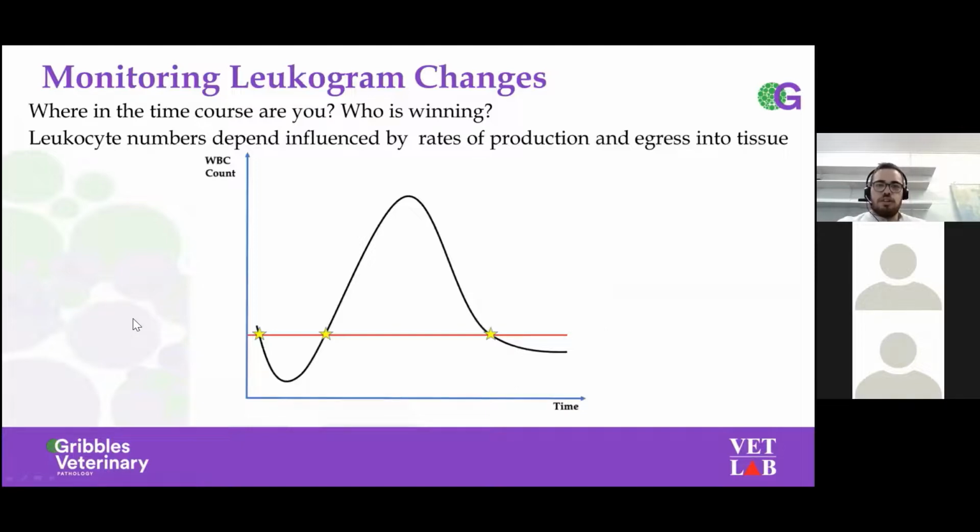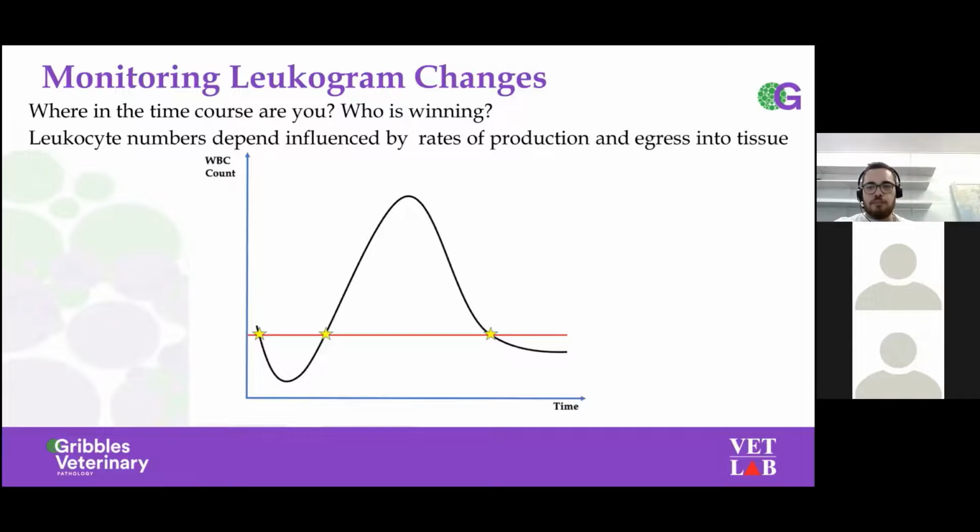So this is just a very basic diagram to visualize how monitoring leukogram changes over time can be a lot more helpful than just taking a single leukogram. It can be hard to judge the extent of your inflammation if you're just looking at a single leukogram. Again, everything goes back to the clinical picture, and take care to treat your patient and not the numbers. But this is a basic graph that shows what can happen to a white cell count